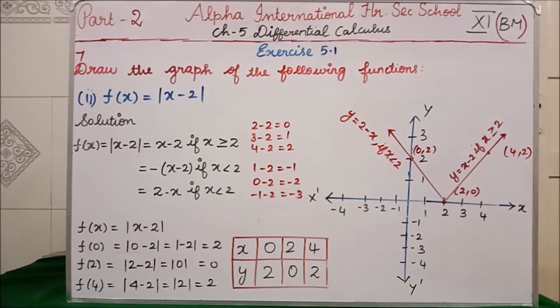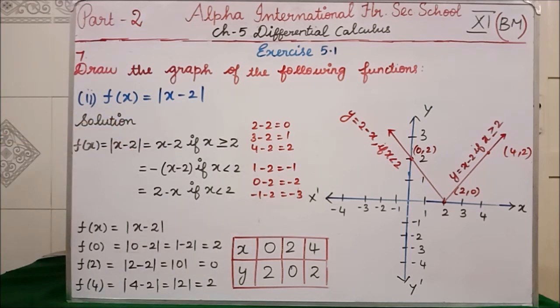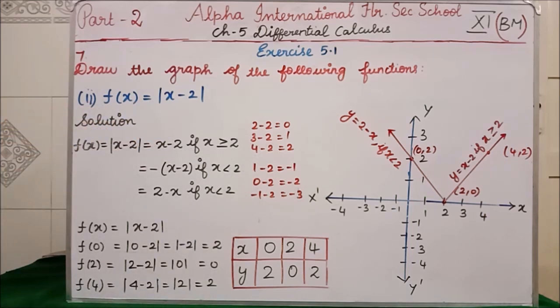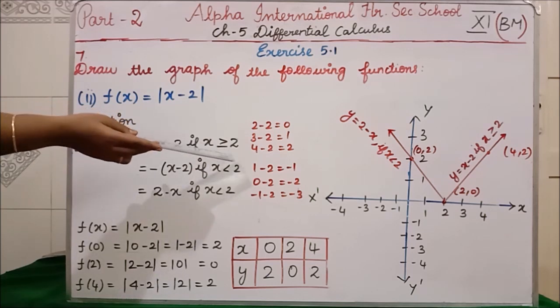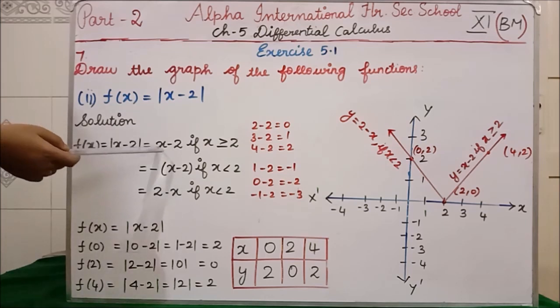In 10th standard, chapter 1, you did it like this. In this line, if there is an equal sign, you will include this number. So greater than or equal to 2 means 2 you have to include. Then greater than 2 is 3, 4, 5, 6, more values, so you can substitute any value. Now see, students, I am substituting. First I am taking 2. 2 minus 2 is 0. Next I am taking 3, instead of x I am substituting. Clear, all of you? So here x is greater than or equal to 2, which means I can take 2, 3, 4, 5 and so on for x.